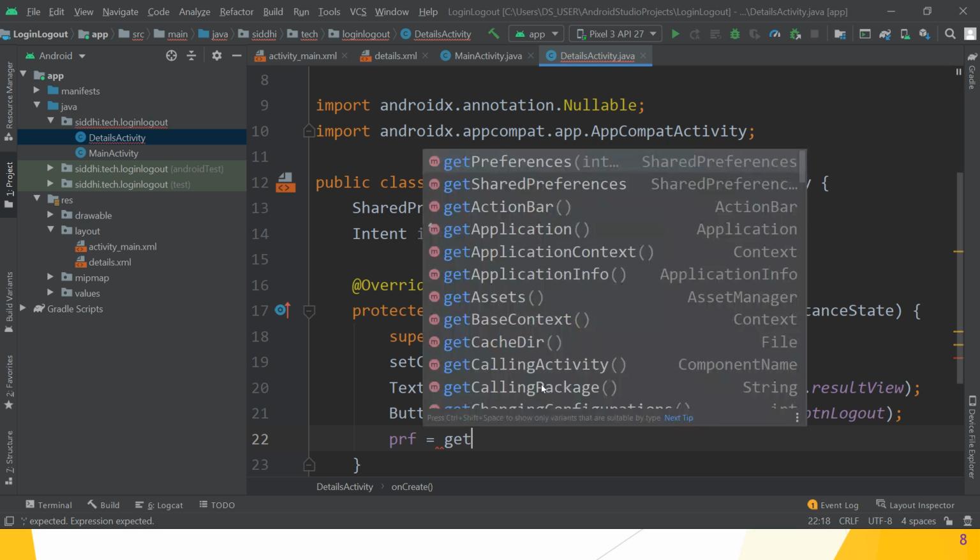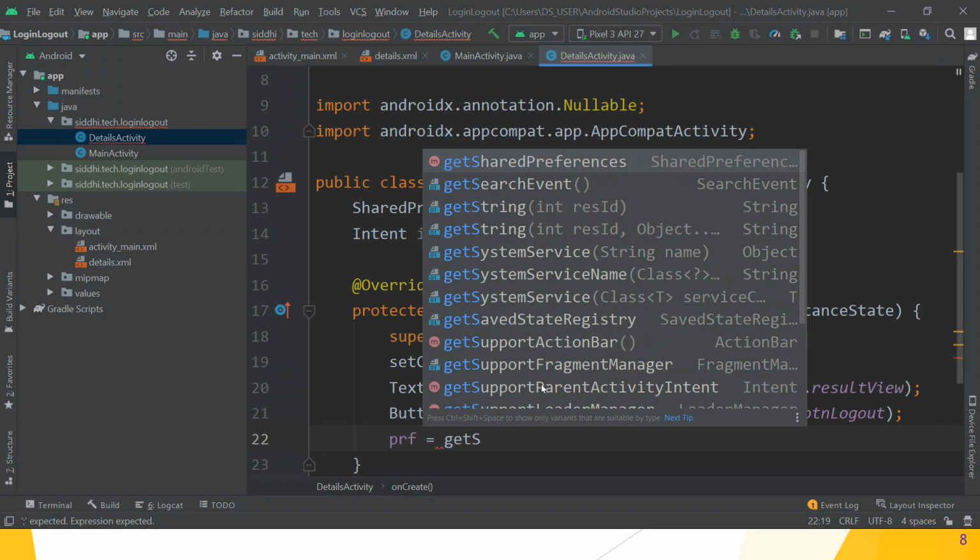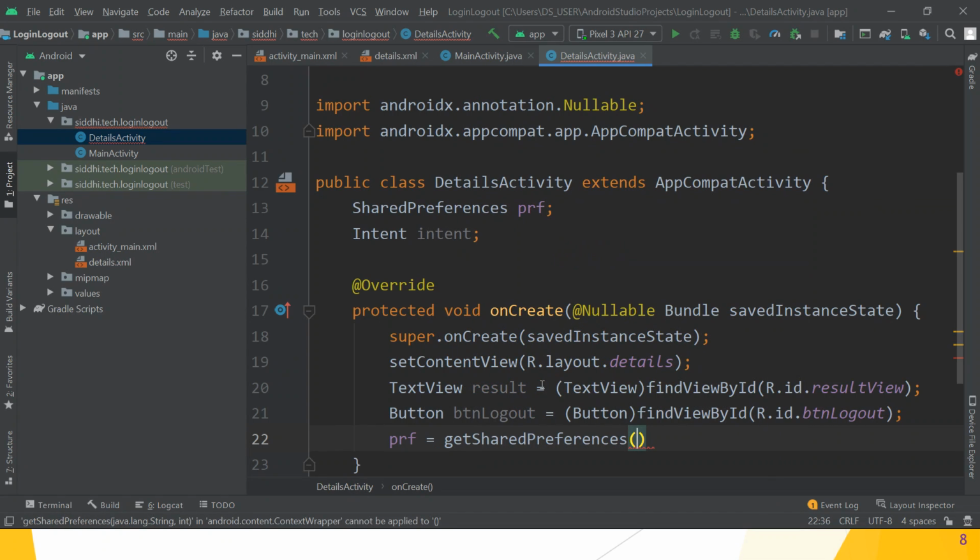The getSharedPreferences method. From which file? Pass the file user details. From that file we want to retrieve the data.